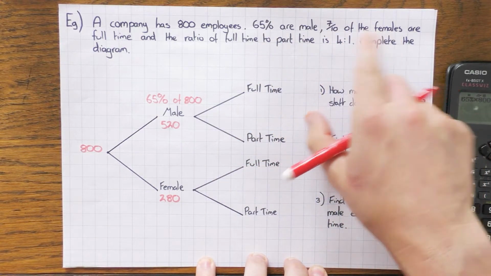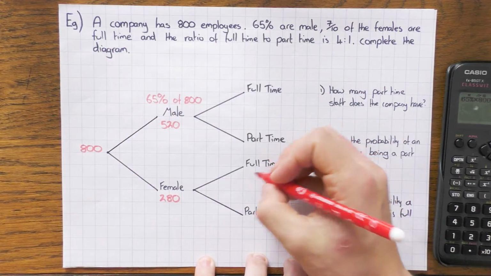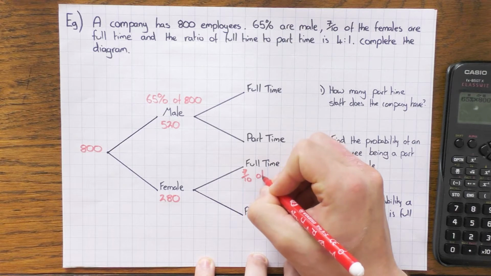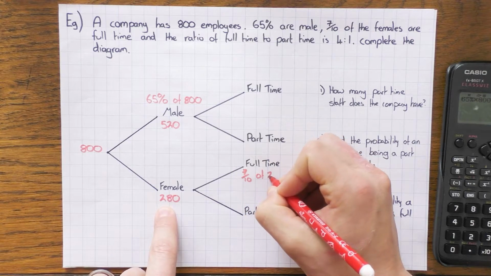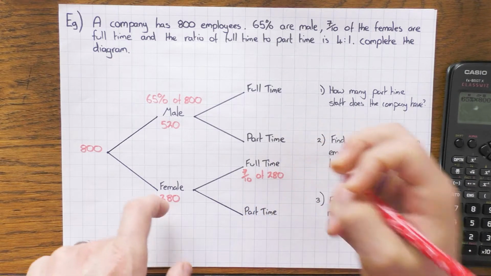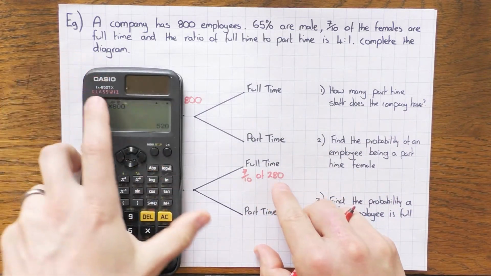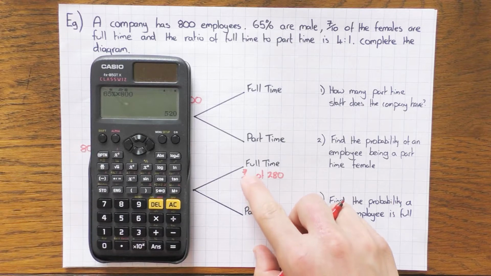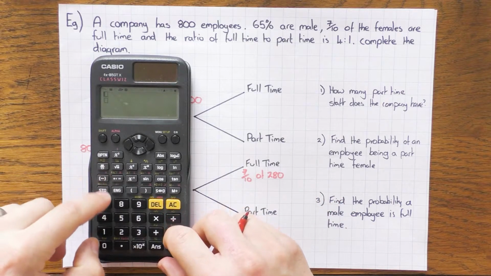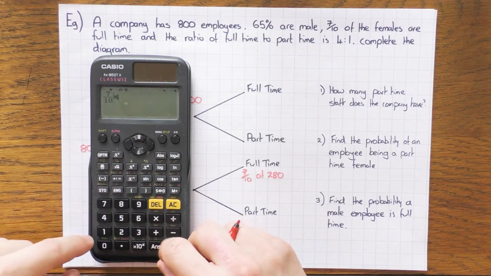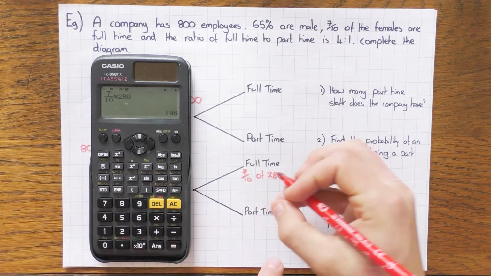7/10 of the females are full-time. So I need to work out 7/10 of the females, so of 280. And again, fractions of amounts. Divide by the bottom, times by the top, so 280 divided by 10 times by 7, or if it is a calculator, you can just do the fraction button. 7/10 times by 280 gives you